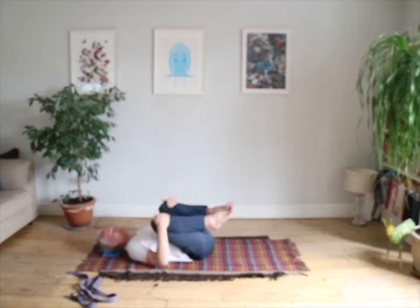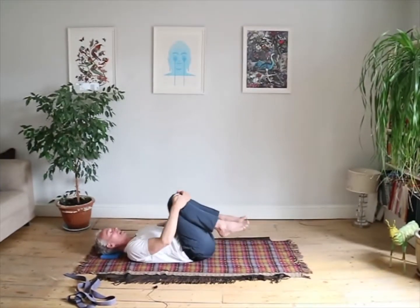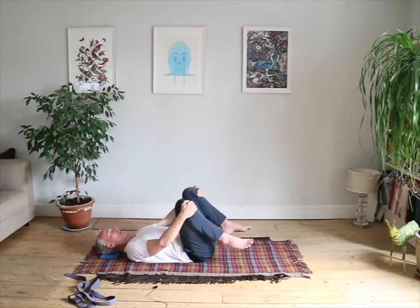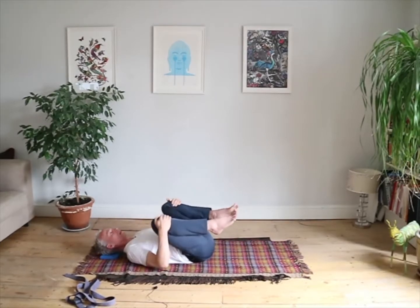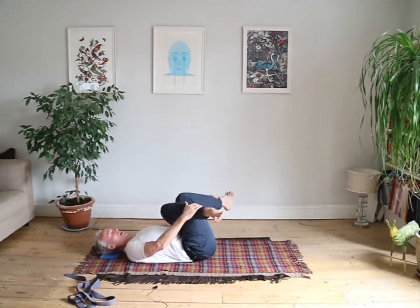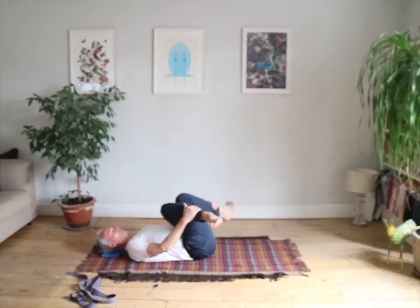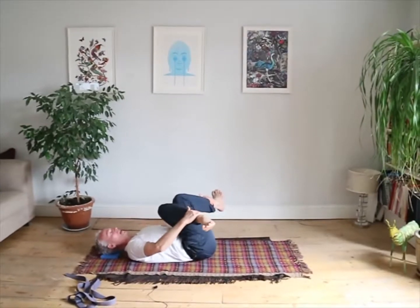And as we know, the body loves perpetual smooth movement. We're just rotating into those joints. So we just get a nice movement in that deep socket, hip socket. Then we're just going to place the knees over each other, and if you can, so we're just going into some inward rotation, and if you can just take hold of the lower legs, maybe the ankles,